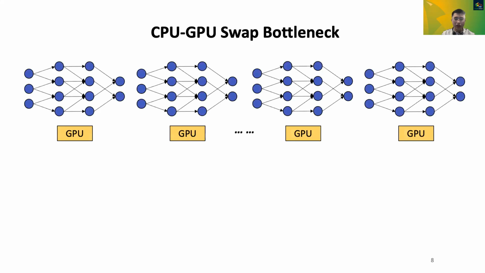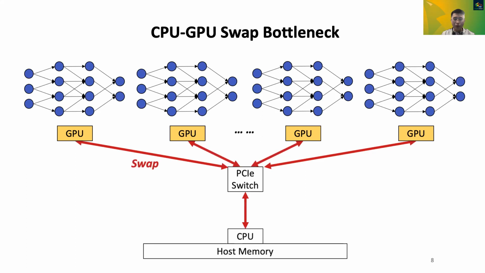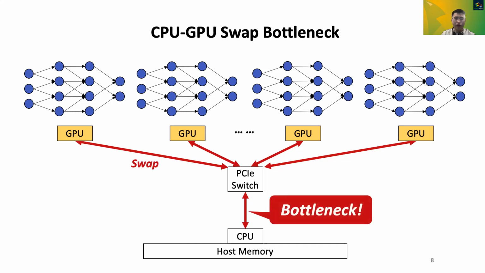In practice, training large models is never done with a single GPU, but with multiple GPUs for parallel training. And all GPUs can swap concurrently and swap to nowhere but to the CPU through a PCI tree. Then the root PCI link can easily become the bottleneck, because it is often oversubscribed by 4 to 8 GPUs.